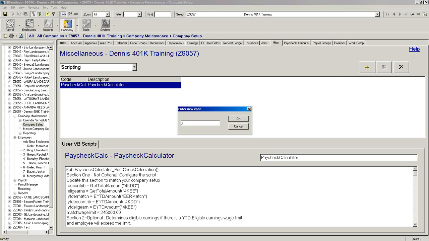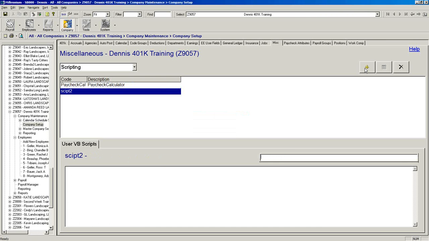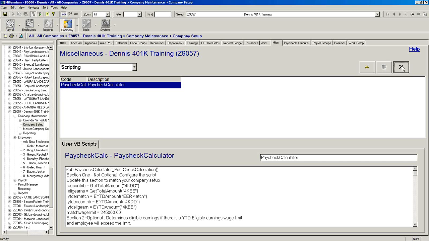It does another line, which says, I can type in here, I want to do script number 2. And when I first looked at M3, I was like, oh, cool, I can set up an individual script and have descriptions of what it does and all that kind of crap. And then I found out that's all a bunch of nonsense. There is only one entry allowed on this screen, and it must read a code of paycheck calc and a description of paycheck calculator.